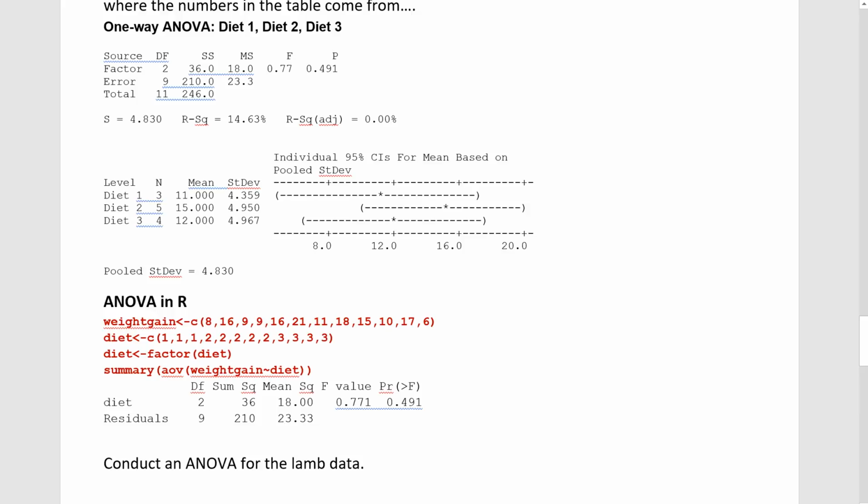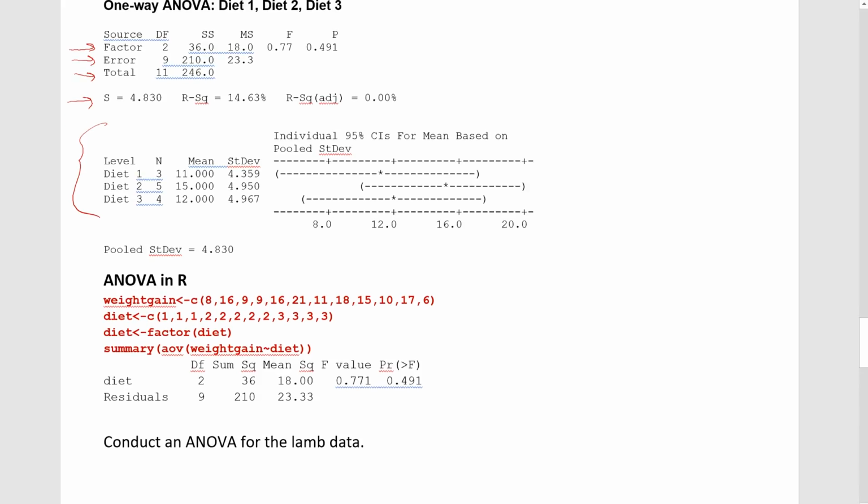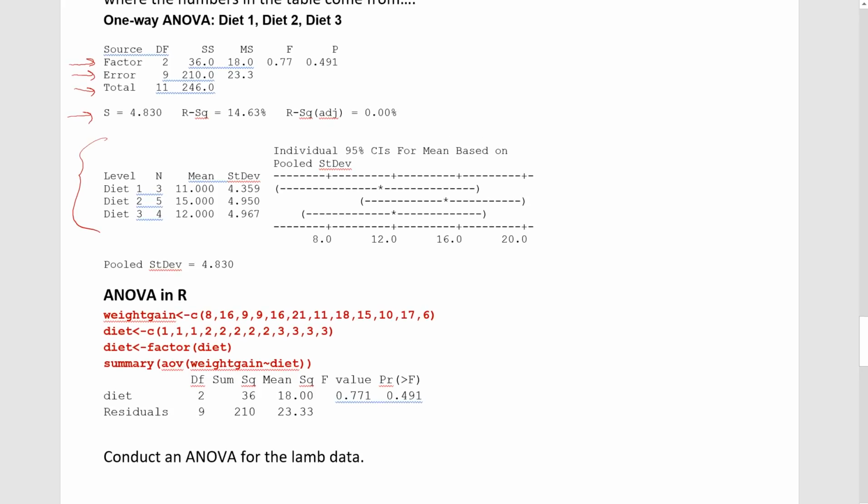The ANOVA table from Minitab, which is this top one, has your factor, error, and total. It has our S and our R squared and some things that we are familiar with from regression. And then it has these multiple comparison output levels. We aren't going to be talking about this right now, but you should actually look at it later. And then when we look at the R output,